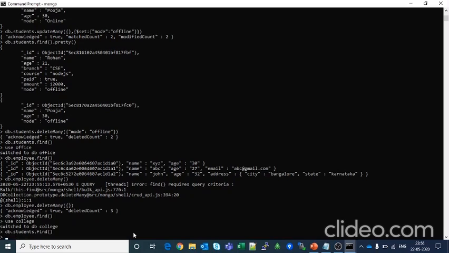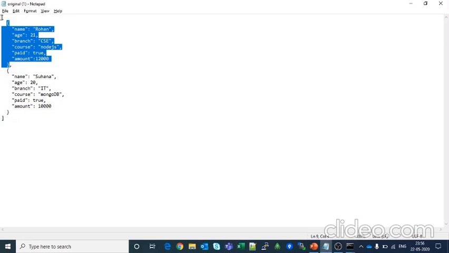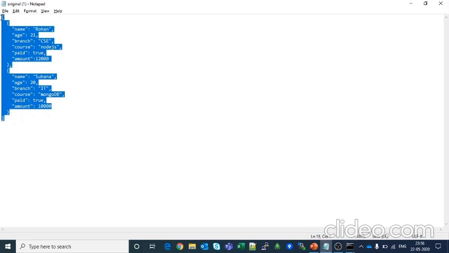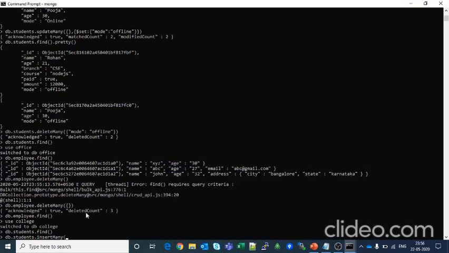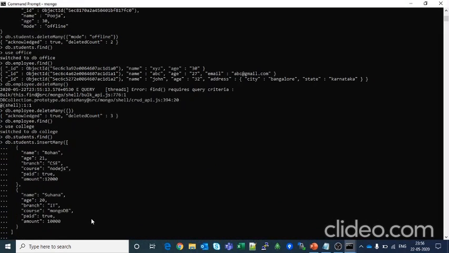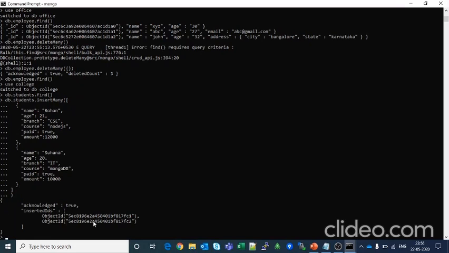Now we will see how the insert many command works. So db.students.insertMany. I'll copy the whole document here, paste it, close the bracket. See, 2 documents got inserted here.